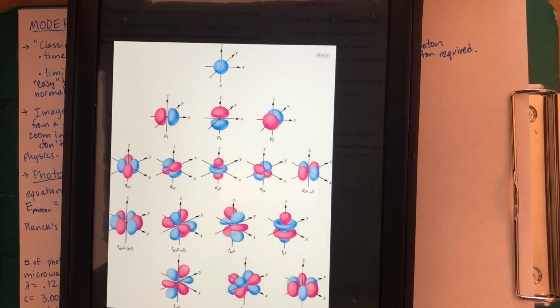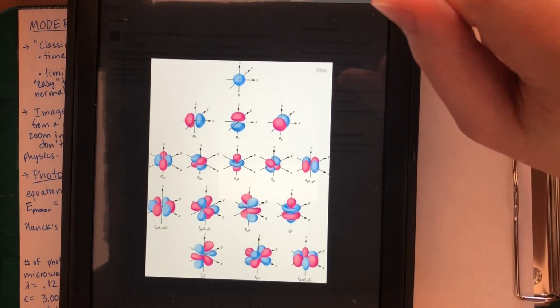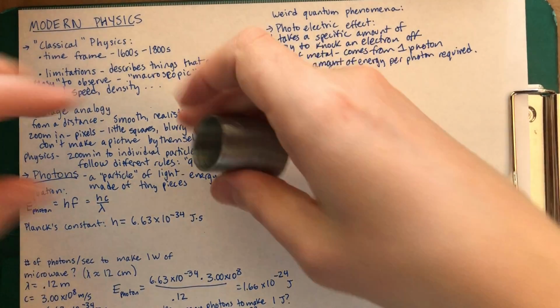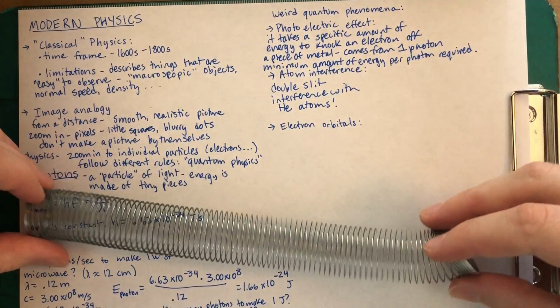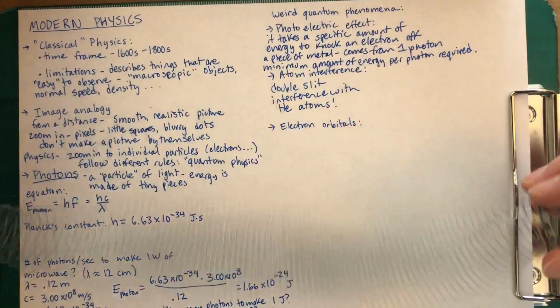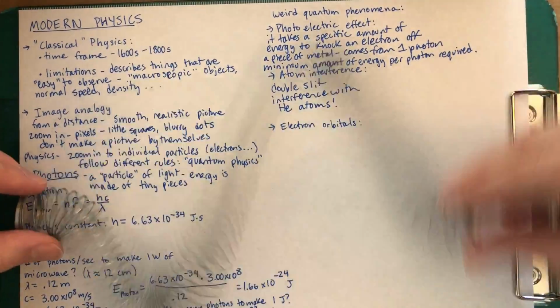And when they teach you these in chemistry, they're like, yeah, there's these weird patterns, they have this certain structure, there's this many of them, but they don't really explain why. And the reason that they don't explain it is that it's really complicated, but it's also super cool. And you might remember when we were learning about waves near the beginning, we learned about standing waves on the slinky. And you can have this frequency where we have one region where it's moving a lot. You can also have